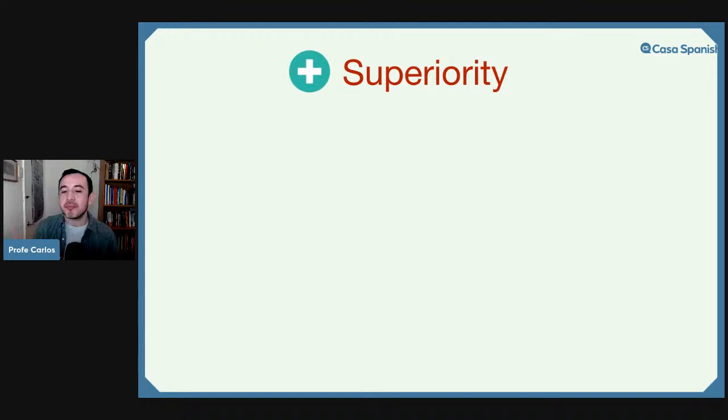Let's start revising superioridad, superiority. We're going to have three components in the structure in order to express superiority. We're going to have the adverb más plus an adjective plus the pronoun que. Right. For example,